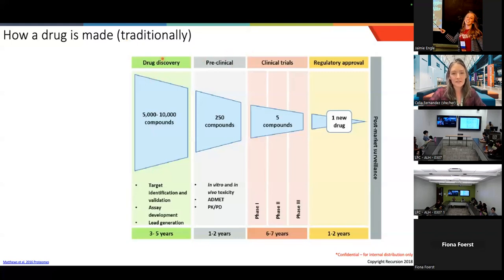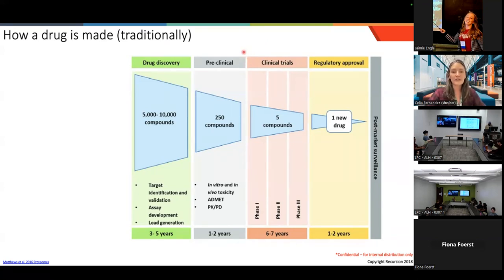After the drug discovery process, you have your preclinical phase. This is where you start to do as many experiments in the lab as possible to rule out anything that could be toxic, rule out anything that could just be non-effective, right? So you try to increase your chances of something that's going to be as effective in people as possible and as safe as possible. And there are certain tricks to do that.